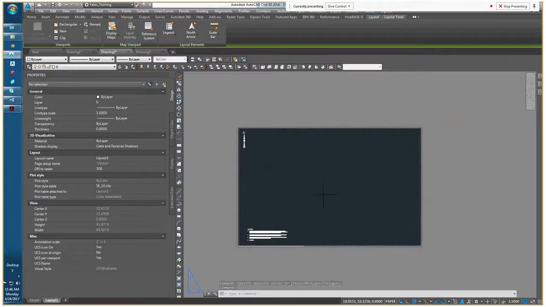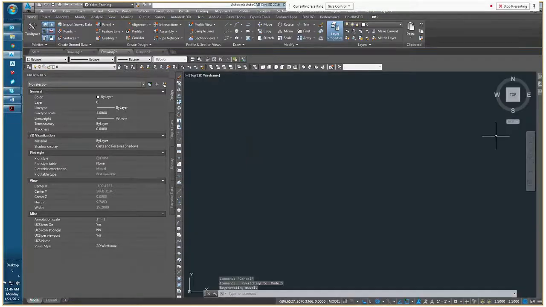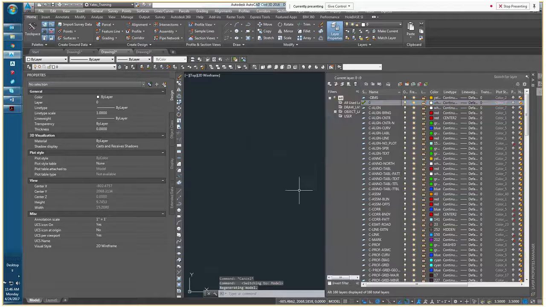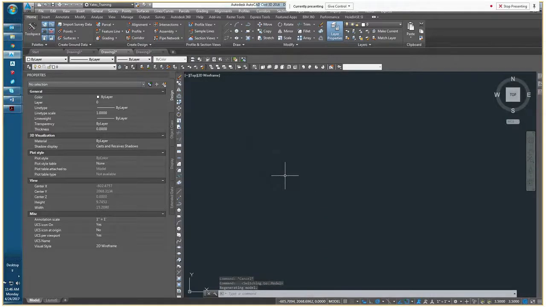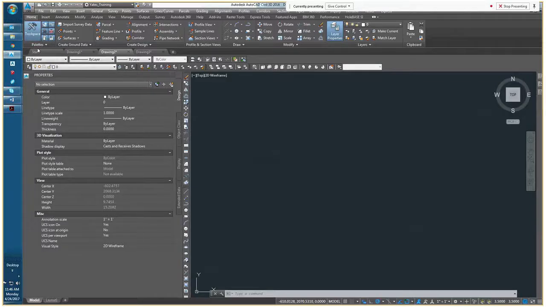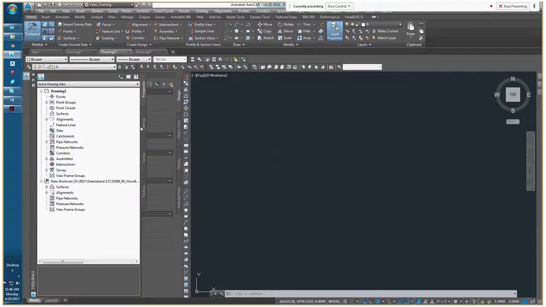So again, we started here with the Civil 3D template. It's just a blank drawing. There's nothing in it except for these two objects in paper space. Even though it has a big bloated layer list, all of that is based on the huge number of styles. Just to give you a preview of all of the styles that we're talking about here,